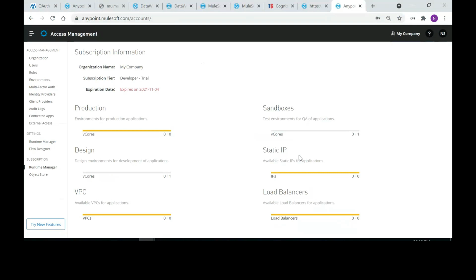So it depends on the service complexity. We need to increase vCores, right? Let's say I'm creating an API which has 10-20 resources. In such a scenario, maybe we need to go for more cores, 2 vCores or 3 vCores. If you are using a CloudHub environment, you cannot keep on consuming more vCores because it is costly. Every vCore is some AWS EC2 instance. So you have to be economical in the way that you use it.